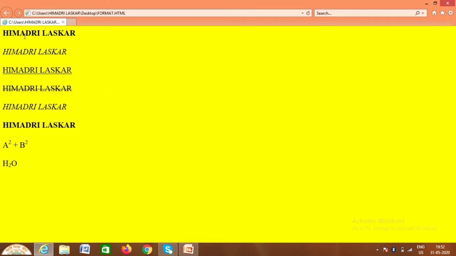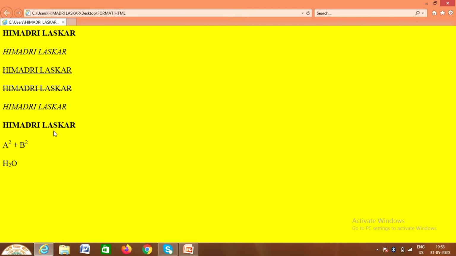First, my name is coming in bold because I have used the B tag. Next I have written the I tag, that's why it is coming in italic. Third, I have written underline, the U tag, so it is underlined. Then this one: if I want to write something and then cut it and show that it is wrong, I may need this, that is strike through. So I have written strike. Next is emphasize. I told you, students, that emphasize and italic are almost the same, so you can use both interchangeably. And then next is strong. Strong and bold, you can write any one, but mainly strong is used nowadays.